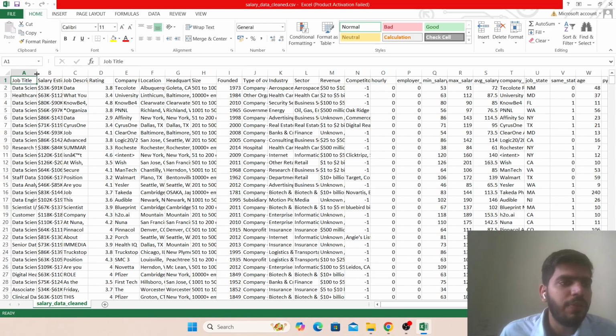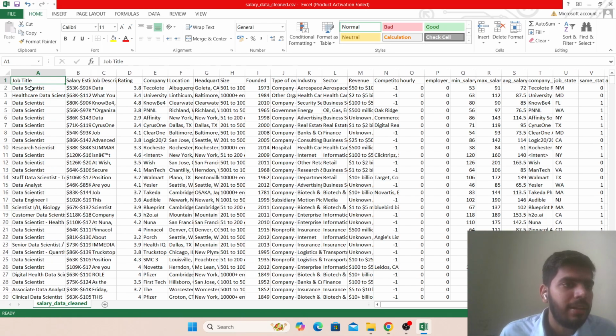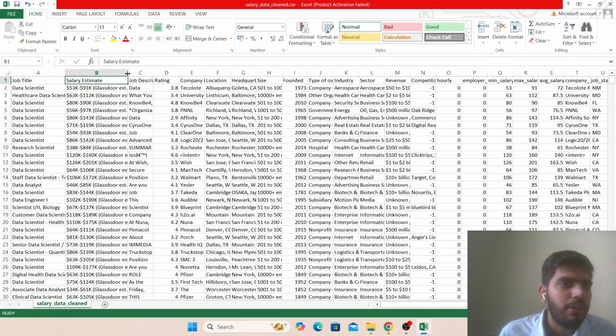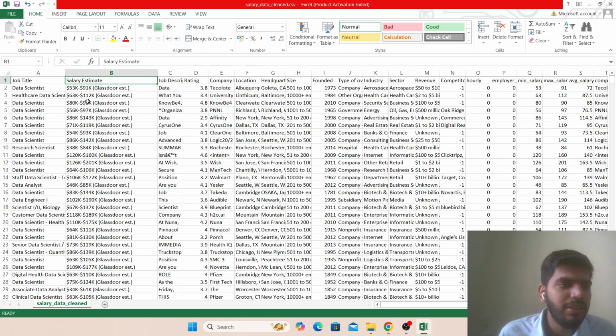So if you see, first is the job title, data scientist. Then what is the salary estimate? Now this is about the US. In the US, a data scientist earns around $53,000 to $91,000 on average, right? There are different companies who provide different salaries.